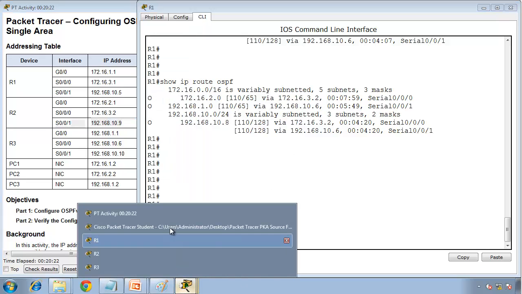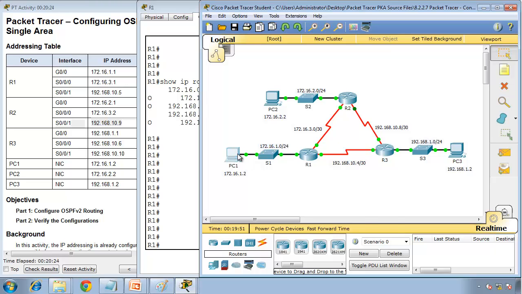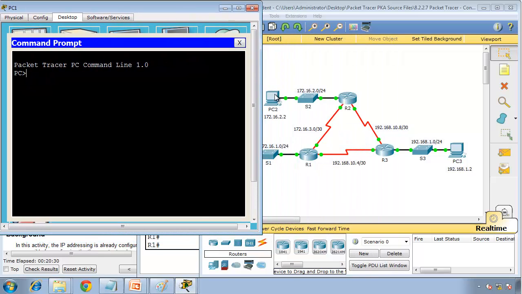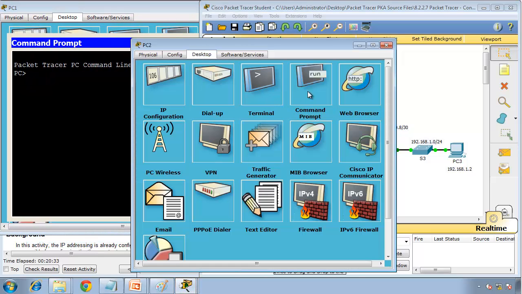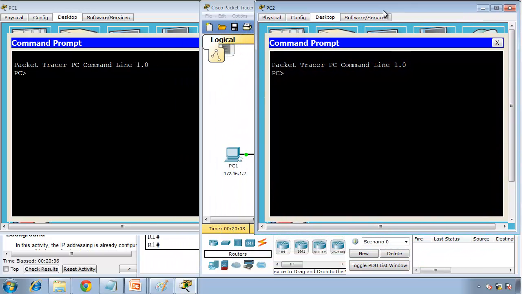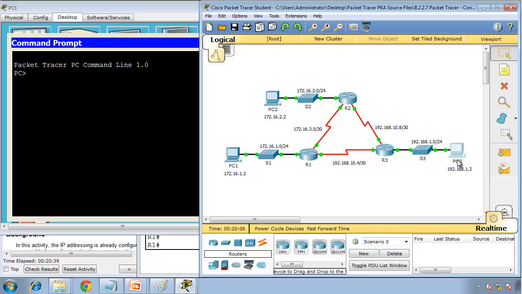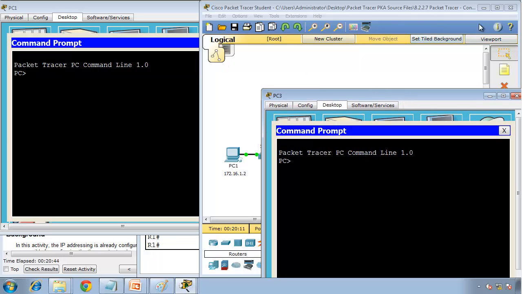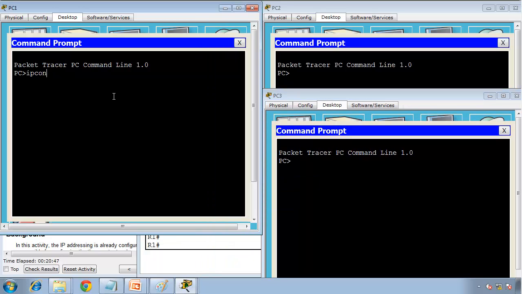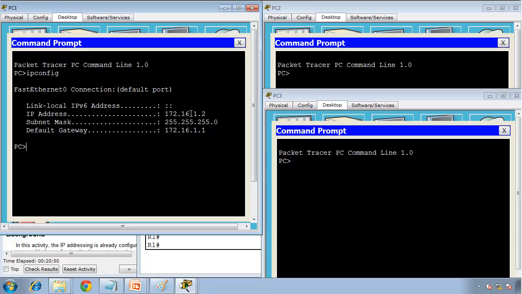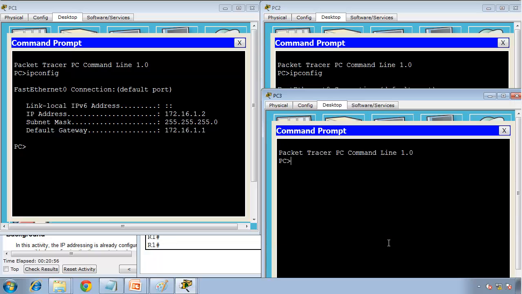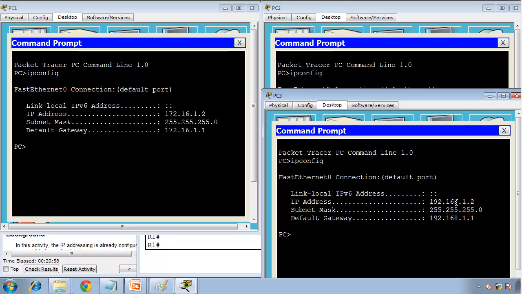Okay, we can ping everything, so make sure that there is connectivity. So open PC1, desktop, command prompt, I'll put it on this side. PC2, desktop, command prompt, put it on this side. And then I'll open PC3 as well, desktop, command prompt, put it here in the corner. Okay, minimize this. IP config on PC1, address 172.16.1.2, PC2 IP config 172.16.2.2, and PC3 IP config